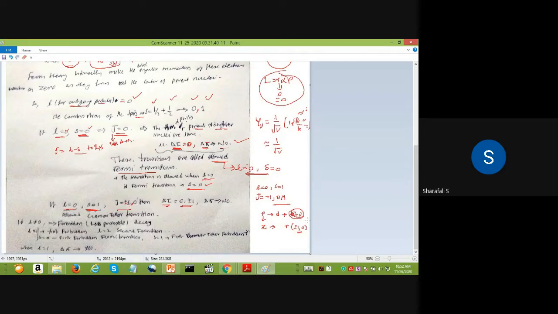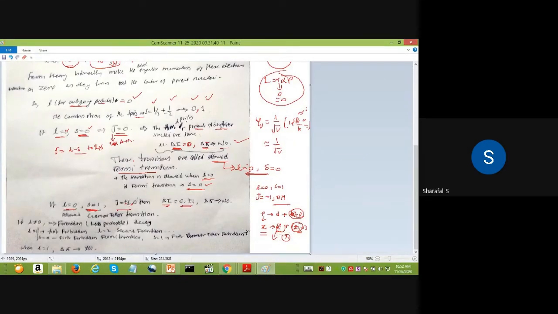When it is 0, there is no effect on your parent or daughter nuclei. But when it is plus or minus 1, this should not be like x. If it is x, then your angular momentum will not be conserved, because you have x here and you will have x plus 1 or x minus 1 on this side, so that is not conserved. So this x should be different. On this part we need some x dash, which will be different from x.